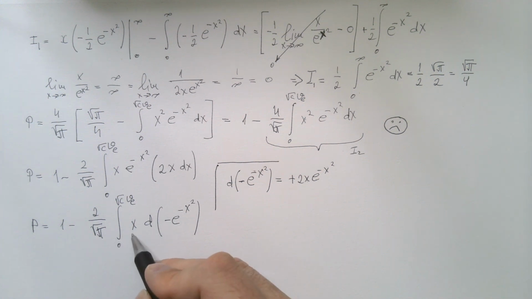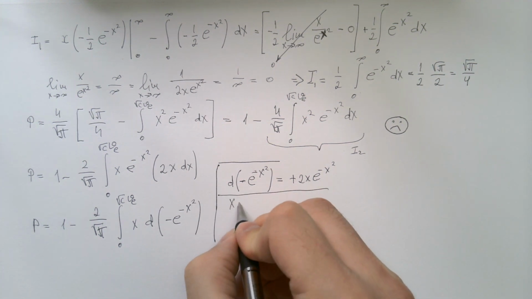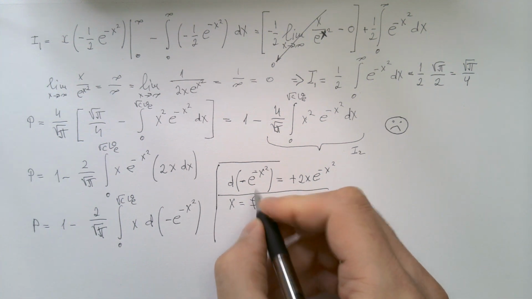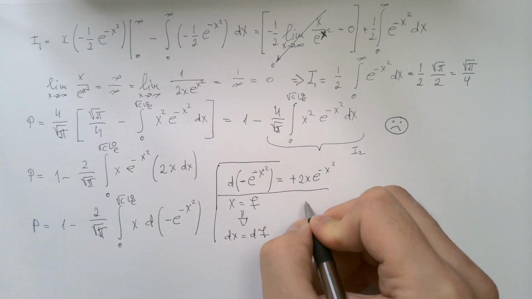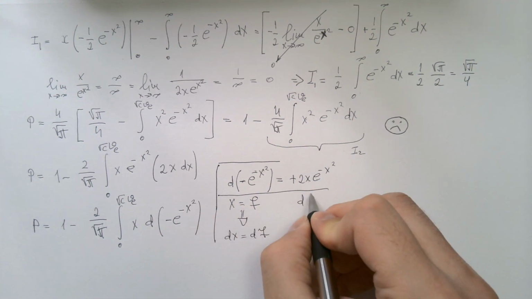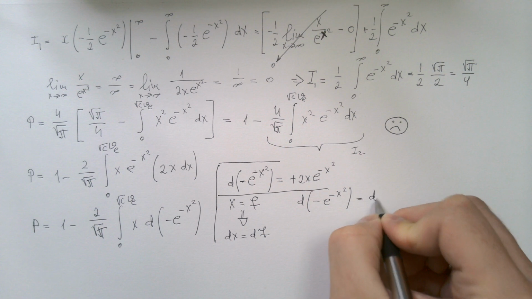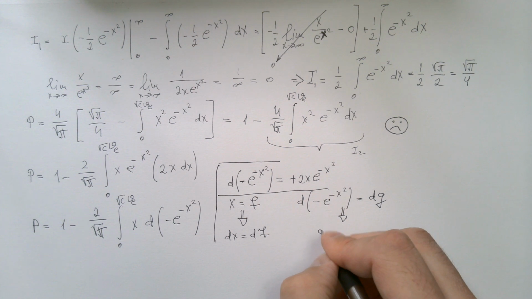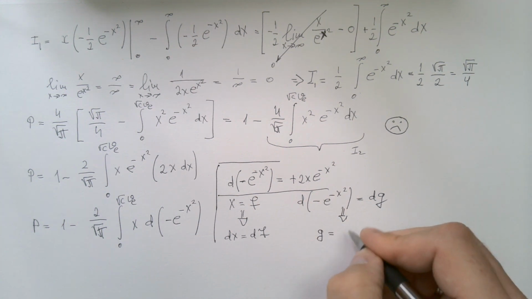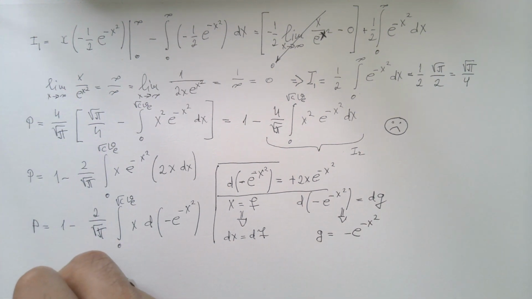And now this integral I can start solving by using integration by parts. So I will say that x is equal to some function f. So we see that therefore dx is df. And I will say that this crazy expression d of negative e to negative x squared is my dg. Well, from here it follows that g is simply equal to negative e to negative x squared. So my integral p